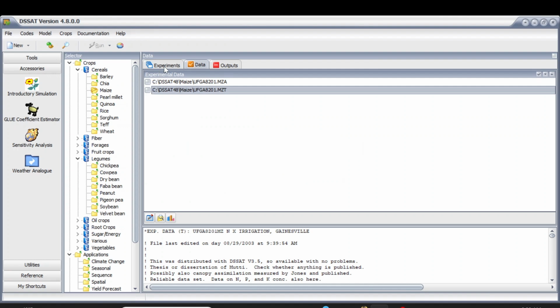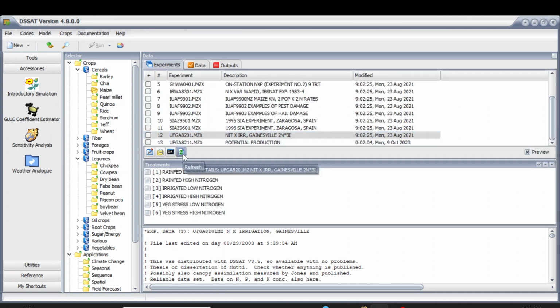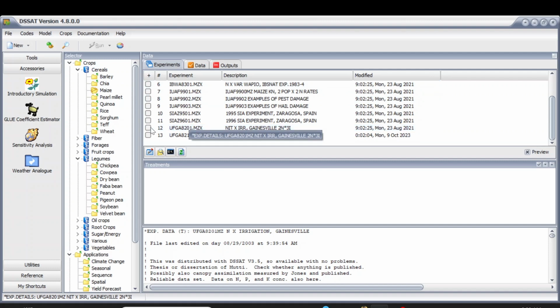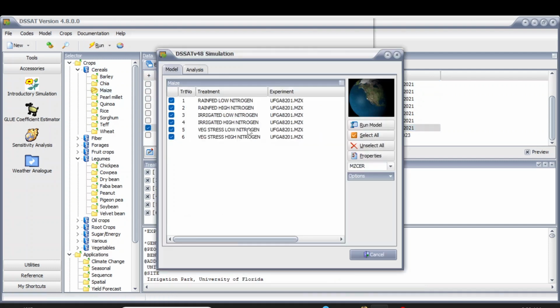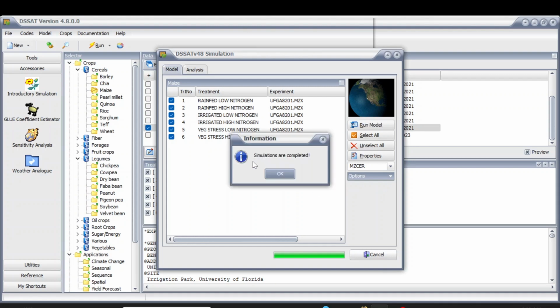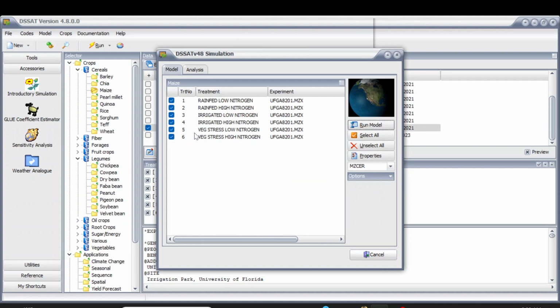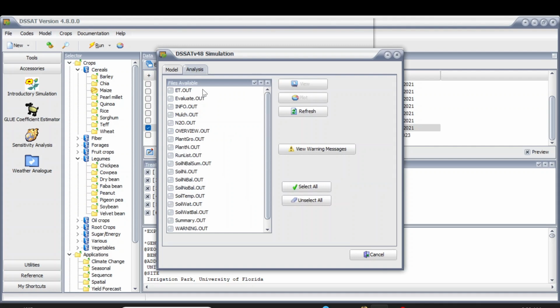and uncheck it, go to experiment. It's better to refresh it always. 8201, I'm going to run this, run model. It will take a little time. As you can see, there are the 6 treatments. So go to analysis,